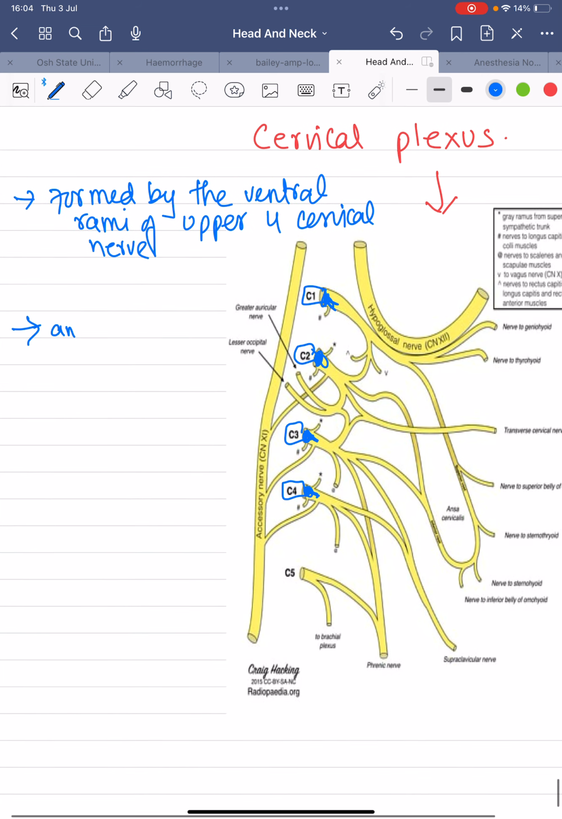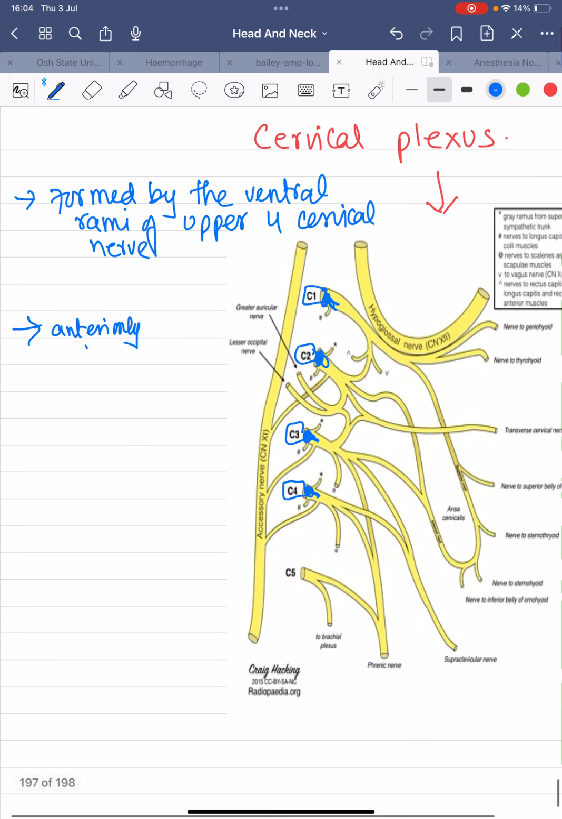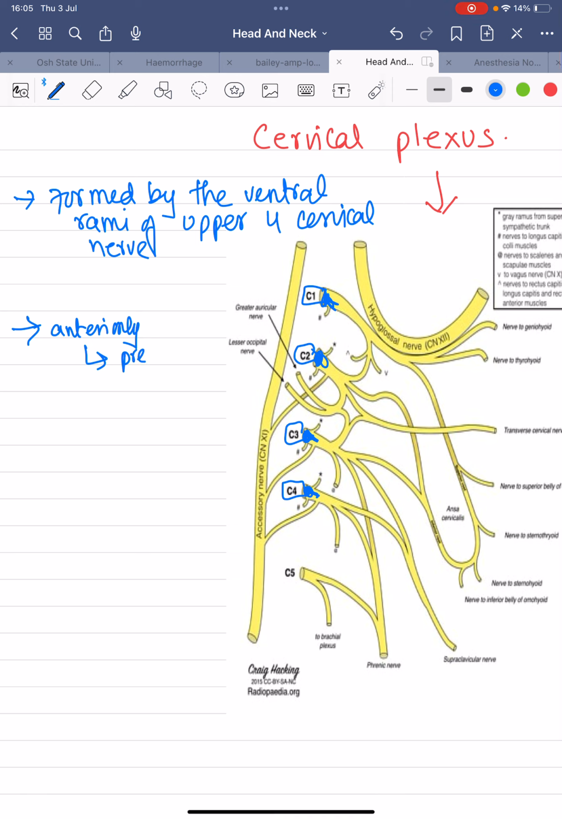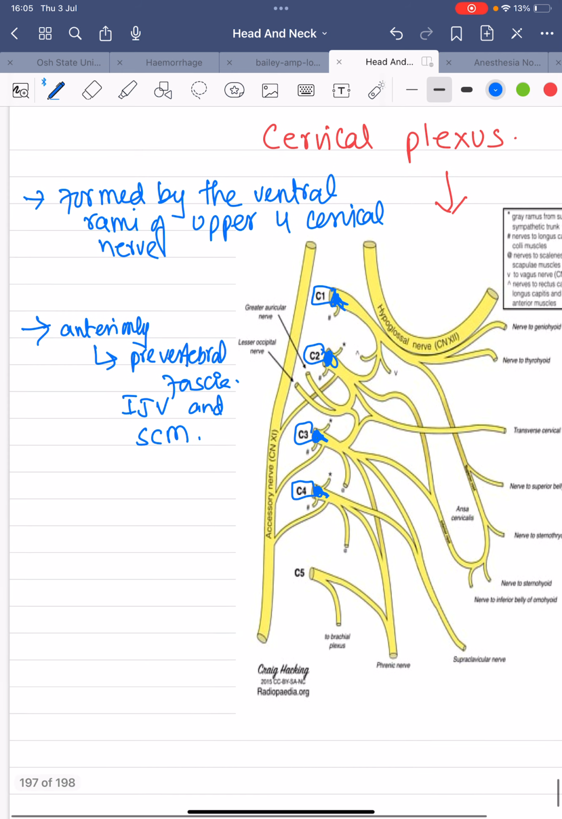Now, a very important point in relation to the cervical plexus: anteriorly it is related to the prevertebral fascia, the internal jugular vein, and sternocleidomastoid muscle. Okay, so anterior to the cervical plexus are the prevertebral fascia, the internal jugular vein, and sternocleidomastoid, and the plexus is related posteriorly to